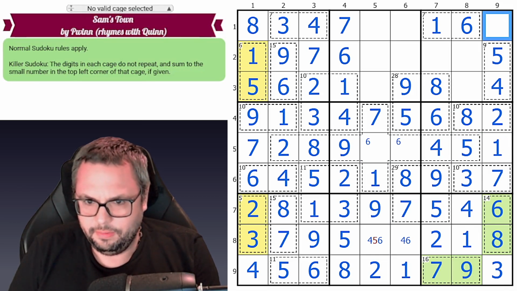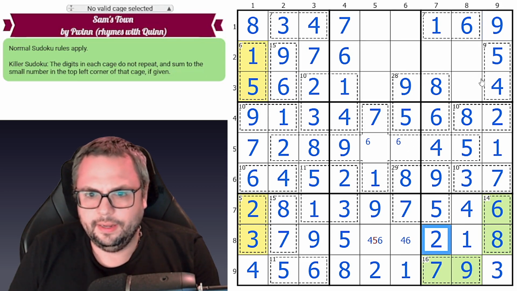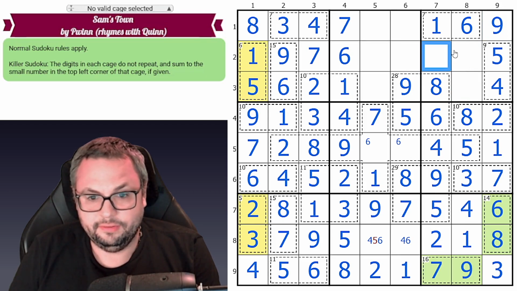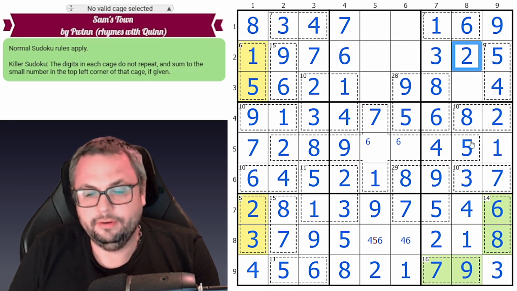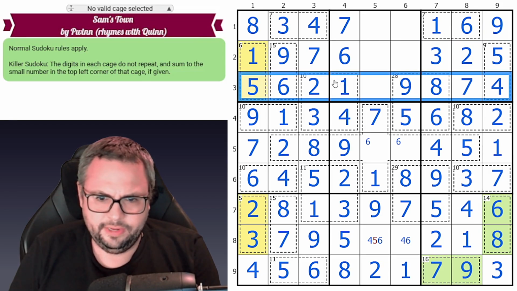This is now a naked something. It's a 9. Let's see. This is a naked something as well. It's a 3. Let's see. One of these is a 2, and it's not that one, so it's that one. And that's a 7. Let's see. And then we can just sort of